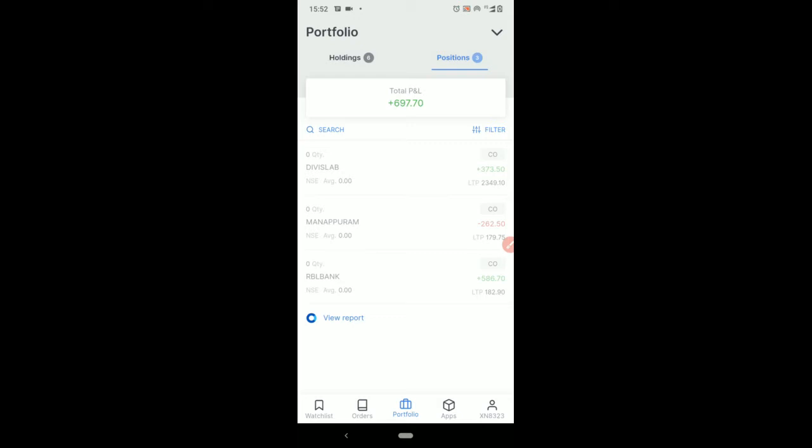So, coming to the main matter. Today I came across an important update in the Zerodha Kite platform. The broker had given an update for the Kite platform, and I updated it today. I will show you what that update is and how it is useful, especially for small and intermediate traders.